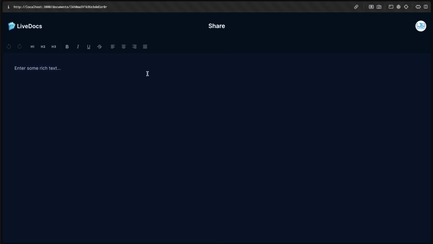But soon enough, we'll start implementing other collaborative features, such as comments, the ability to edit the document at the same time, live cursors, and so much more. But before we do just that, let's fix up the document header. We'll make this share button look a bit nicer and add the input field so we can change the title